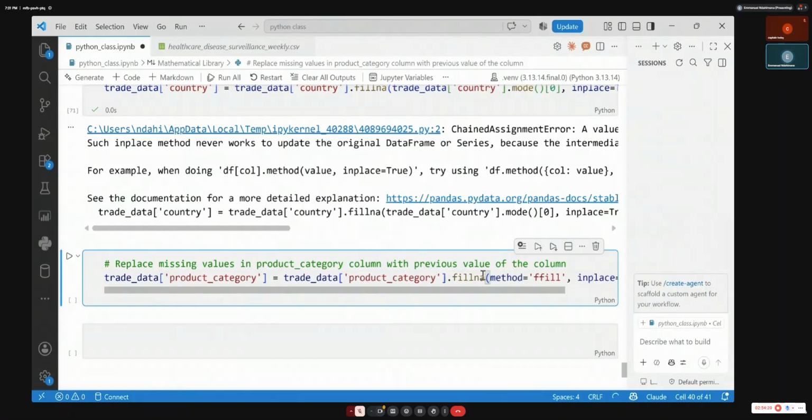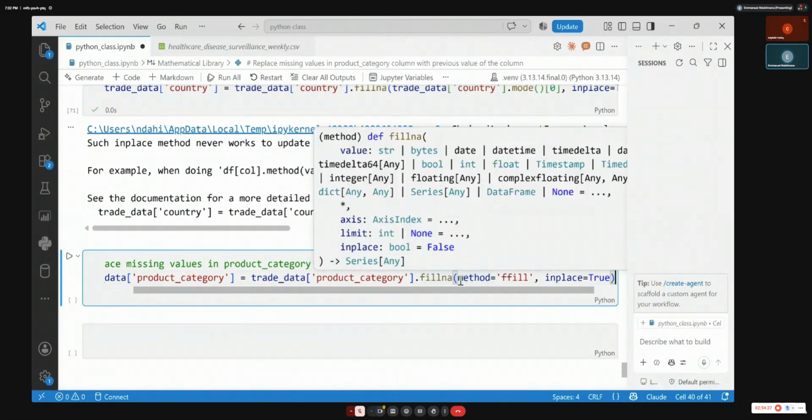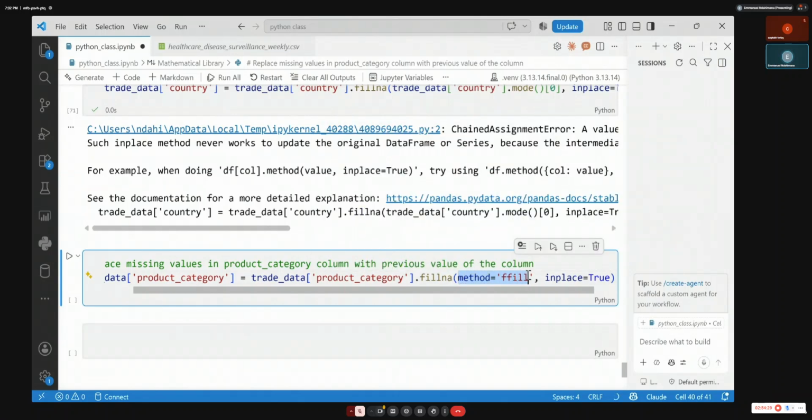So now here I have the code. Instead of computing the mode inside fillna, it is saying method ffill, the forward fill. It means whatever I have missing value, it will use the previous value. Missing value replaced by the previous value.